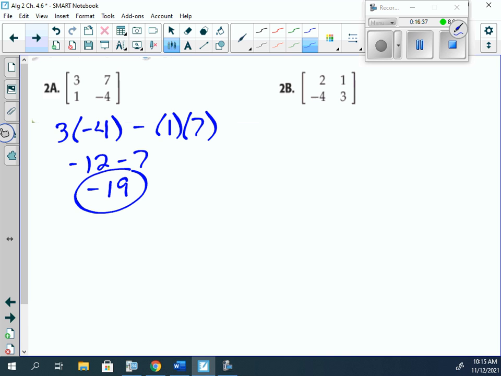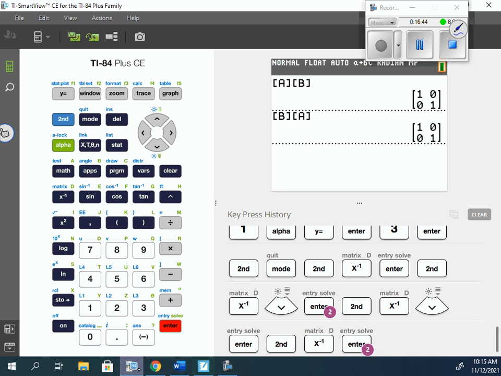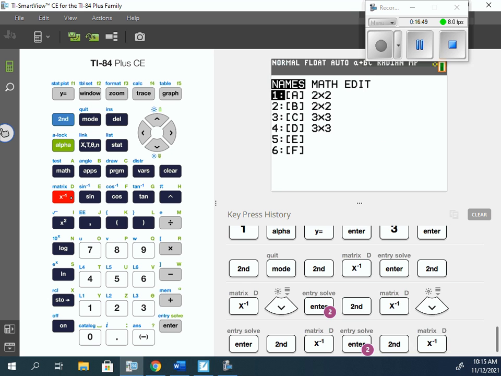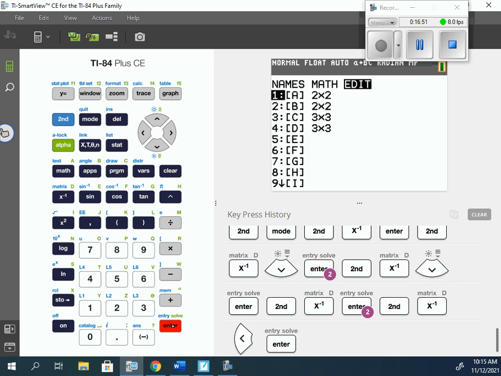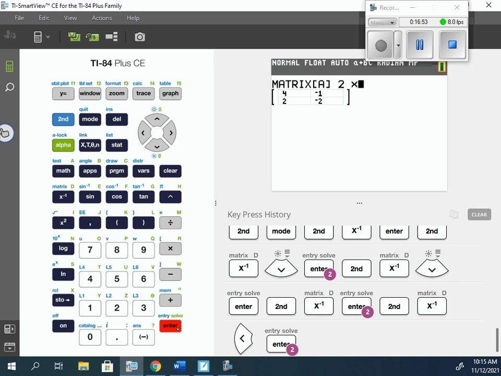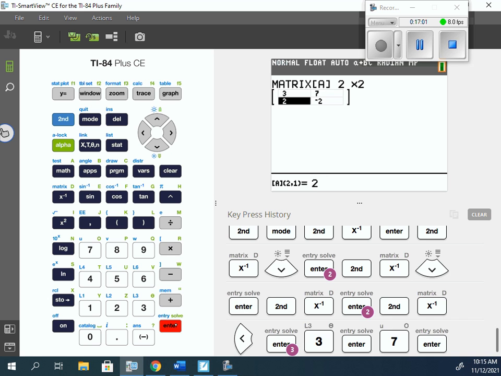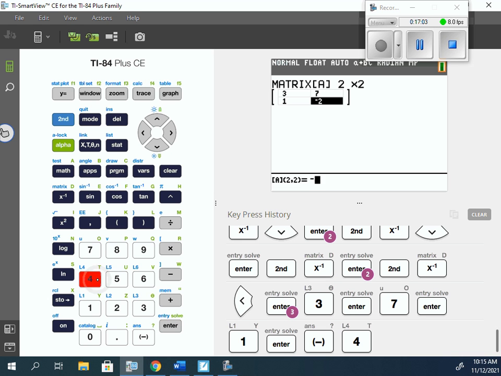Now we can use the calculator to find said inverse. So the first thing we need to do is type it into the calculator. So we can go second matrix A, which is a 2 by 2. We would have 3, 7, 1, negative 4 would be our matrix, yes? Second